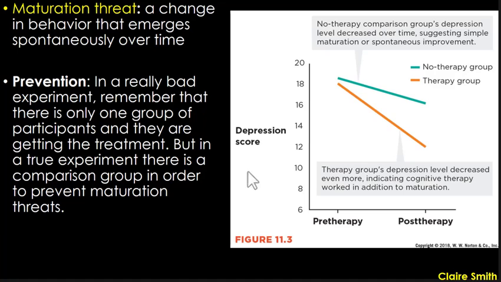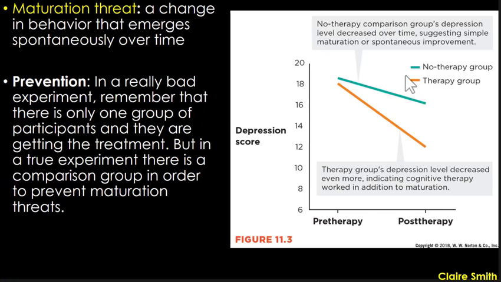Okay, so a way to prevent that is add a comparison group, right? So that's pretty straightforward. A lot of the preventions of these first 6 we're talking about is just add a comparison group. So if we have a comparison group that's not receiving therapy, we know we can rule out that the change is due to this maturation effect. So this figure shows that if instead of just having one group that receives therapy, you would have a therapy group and a no therapy group. So you can see here the no therapy group,